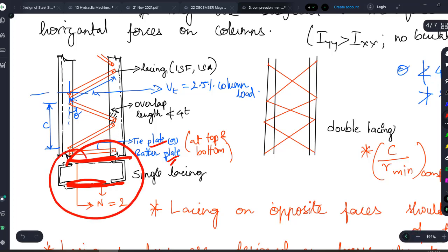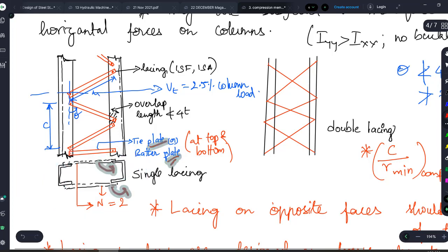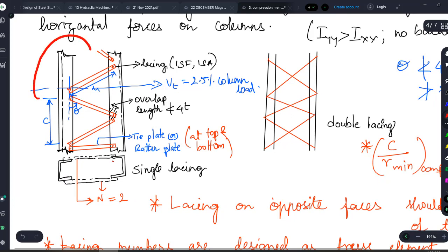So how many lacings are there in this diagram? How many lacing trusses are there? So 1 and 2, right? So they will superimpose each other. In the front view you cannot see whatever is there on the back side, okay? And similarly, if you are going back and seeing, you will be seeing a lacing system, and the lacing system which was forward, right, it will be like a superimposed image of it, exactly picture rahega. I hope it is very clear for you, right? So remember these things. So not necessary that this n will always be 2, sometimes it can be 3 also, it can be 1 also. So I will teach the special cases later on in the same class, no need to worry.